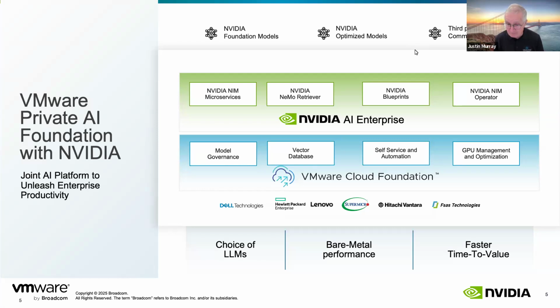So if you've already got VCF, you can get VMware Private AI Foundation and install it there. And it has several parts to it: model governance, vector database, self-service automation, and GPU management and optimization. I'll get into those in more detail.